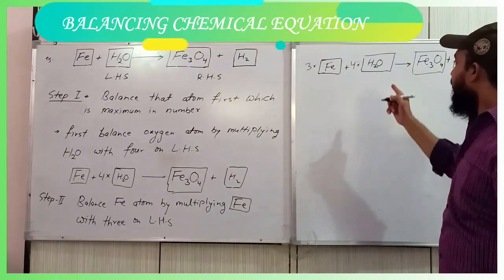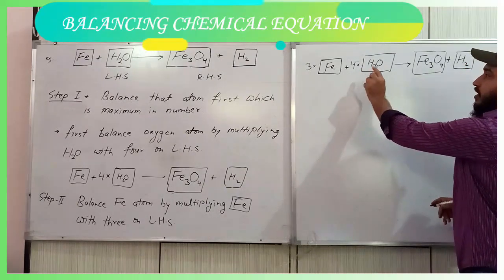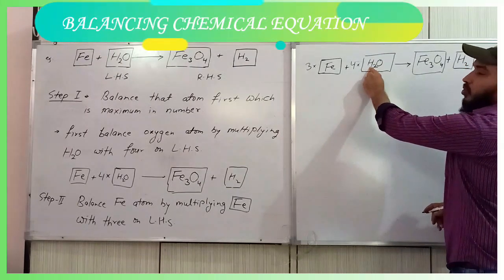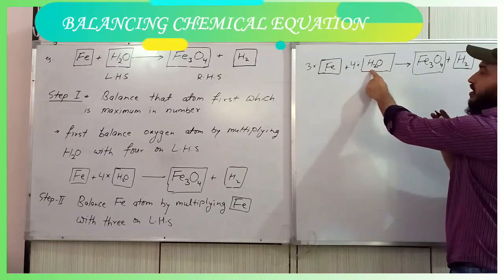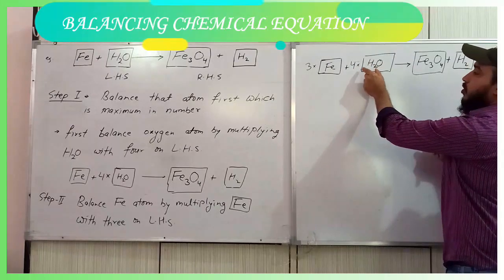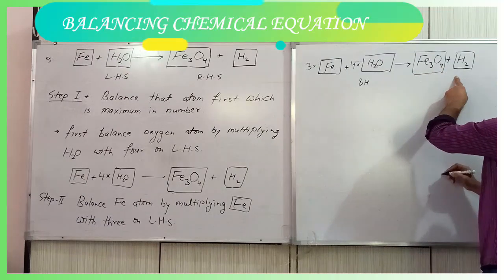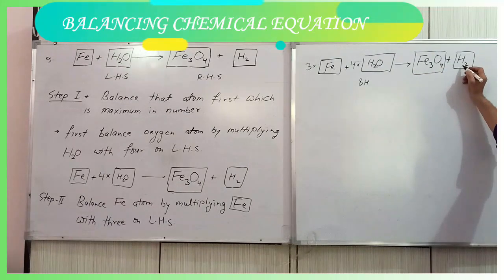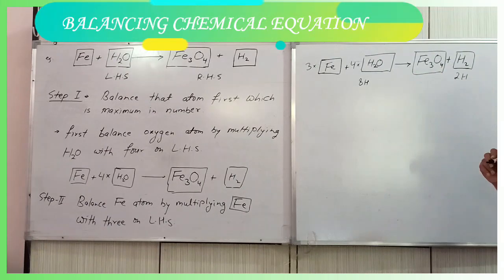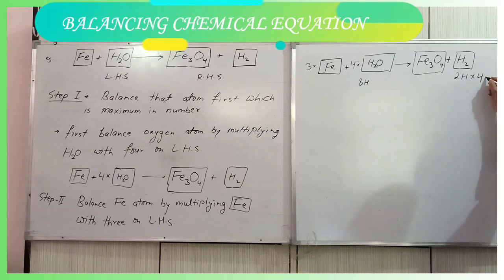Okay. In the last step now, hydrogen. How many hydrogens here total? So here H2 means 2 atoms of hydrogen, and in front of this is 4. So we have to multiply 4 with 2. So total how many hydrogen atoms? 8 hydrogen atoms are here. Now this side you see how many hydrogen atoms? Only 2 hydrogen atoms. So how can we balance? We can multiply it with 4. So if we multiply it with 4, then the total number of hydrogen will become 8.